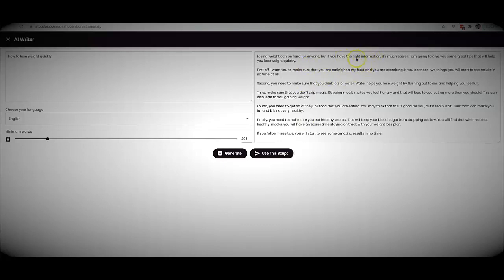When I lost weight myself, that's the first two things that I had to do. Obviously, eat better and exercise. A lot of people do that, and then there's multiple things within these two things that you can do to lose weight. So I'm just gonna go ahead and stop reading there and just go ahead and use this